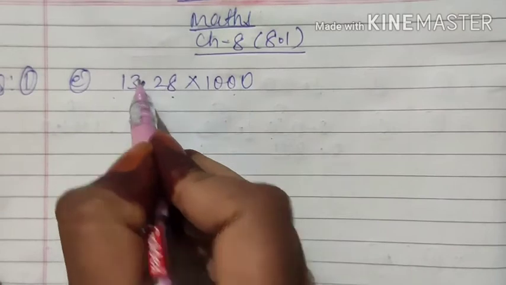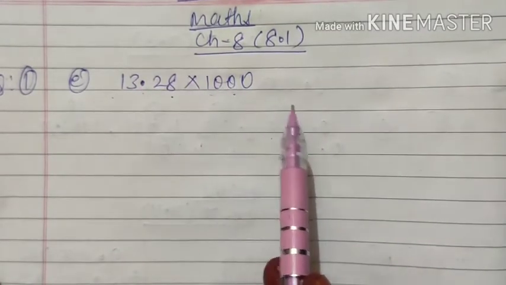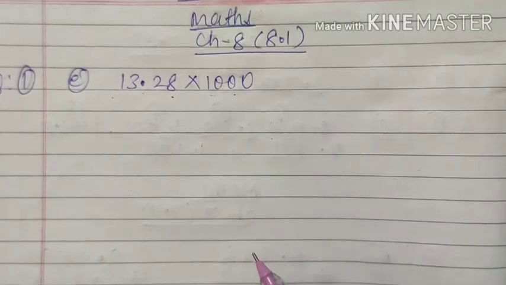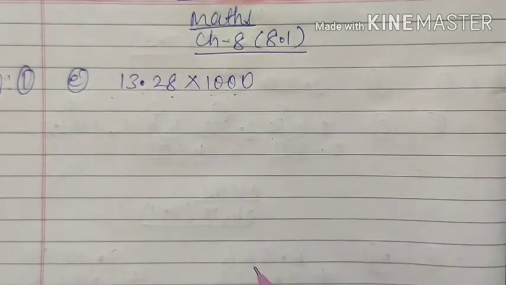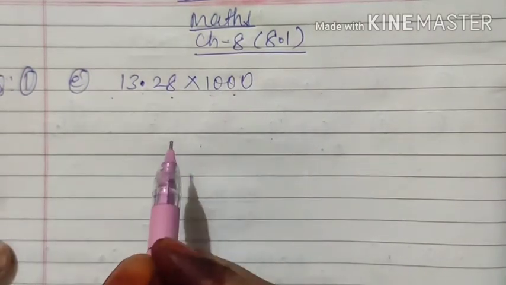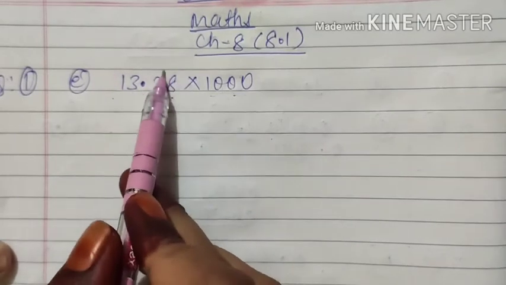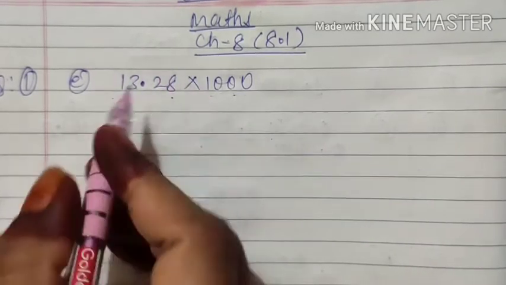So here, if one of your numbers is such as 10, 100, 1000, 10,000, that means the number which includes 0 and 1, then you can use one shortcut. Okay, but before that we will discuss the full method and then we will go for the shortcut. First of all, the process is when any such question is given, you have to remove the decimal. You know that when you convert this decimal into a fraction, then you will write